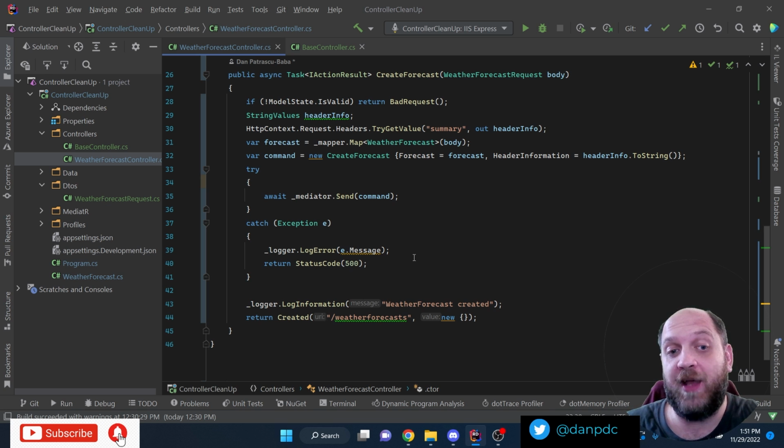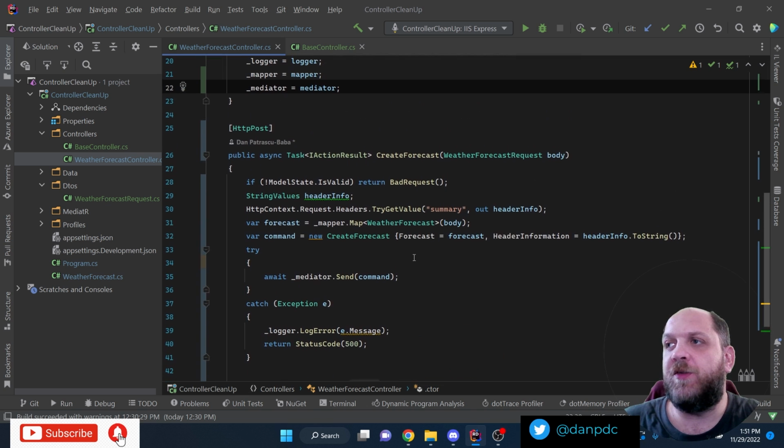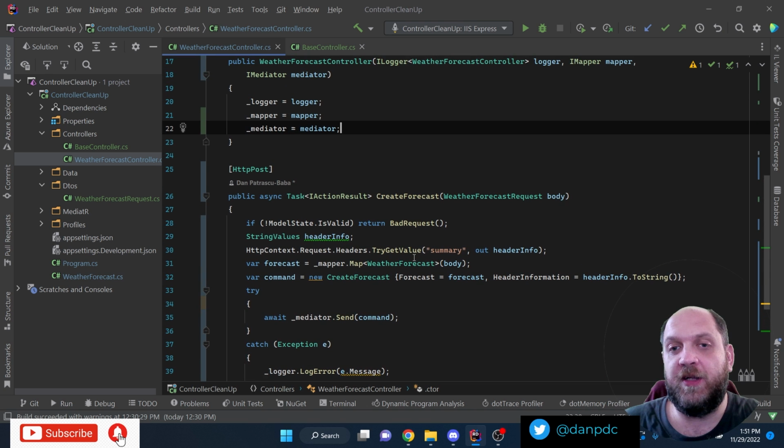the controllers that we have, because keeping clean controllers is one of the most important things in our ASP.NET Core applications. It makes our applications so much more readable and so much easier to maintain, and that's of course a good thing. Now, the problem with this controller is that it has a lot of things that